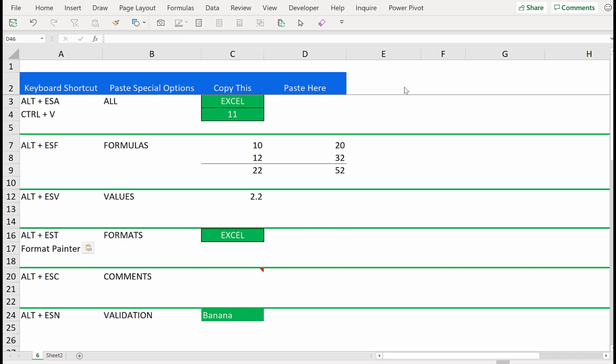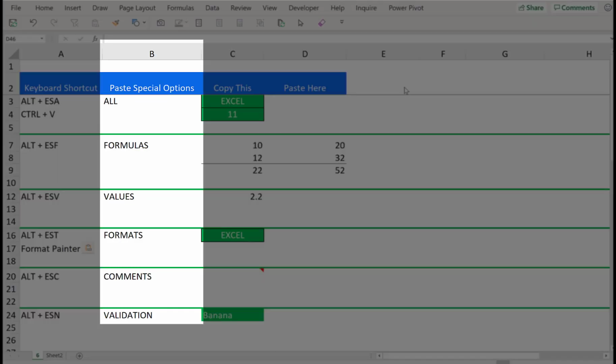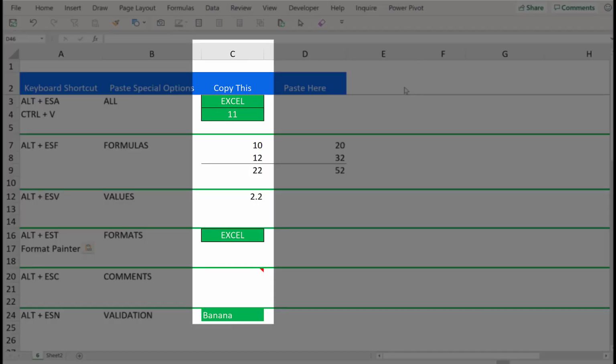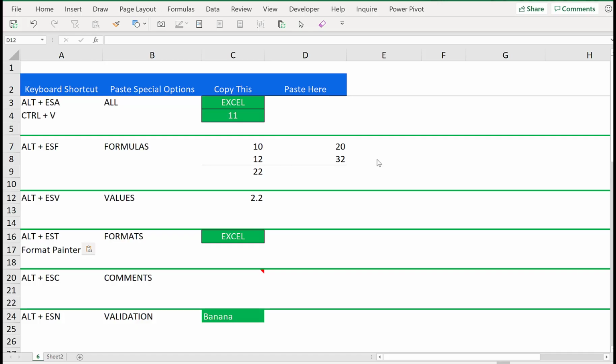In this working file, we have 4 columns. The first column, column A, is the keyboard shortcut. Column B is the name of the Paste Special options. Column C is the cell that we would like to copy, and column D is where we would like to paste our copied cell. So if we would like to copy the cell, I'll press CTRL C, and then